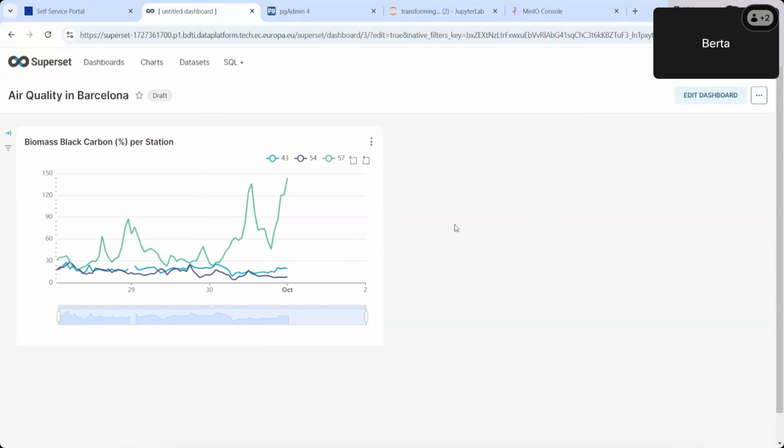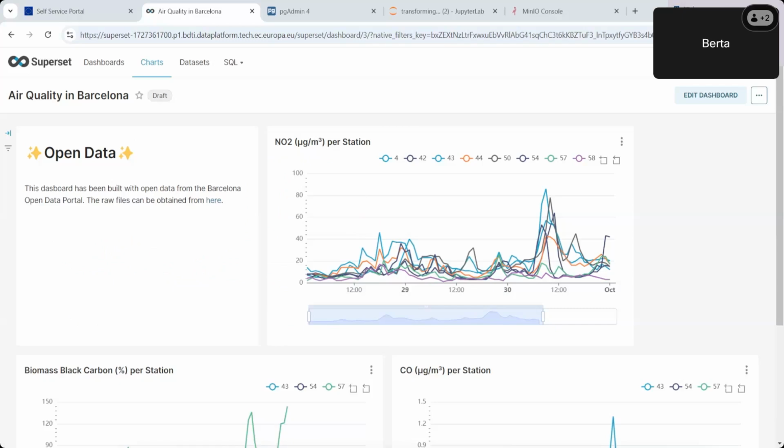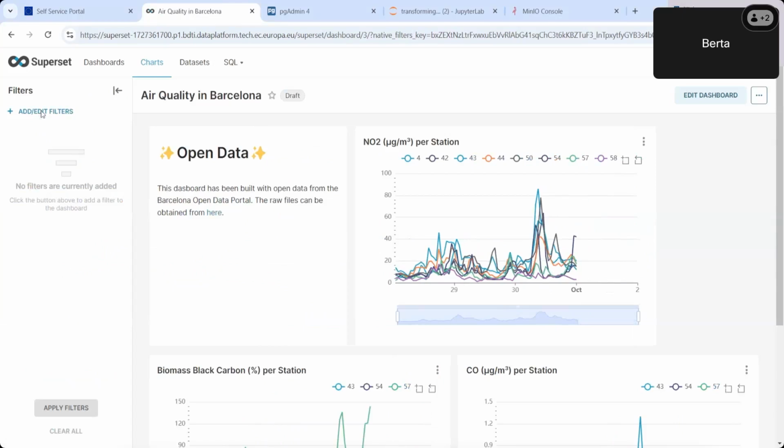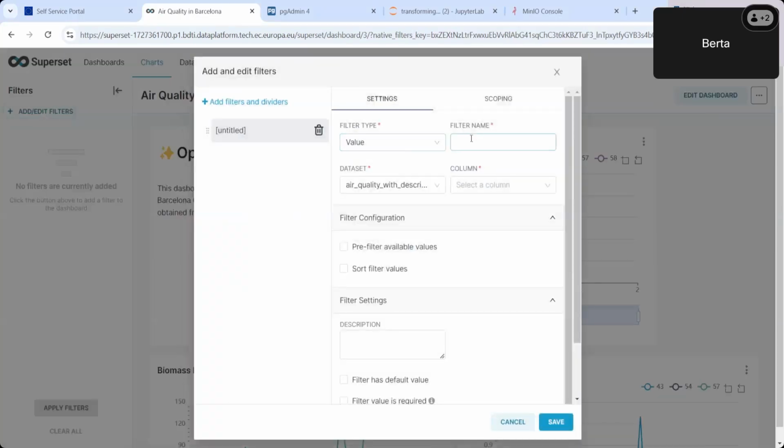Right, so now we can add some interactivity by allowing to filter by station in case we want to see a subset or just one. So we'll click on the left and click on add edit filters. We want to add it by value. We'll call it station or stations.